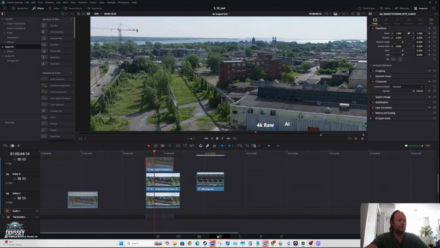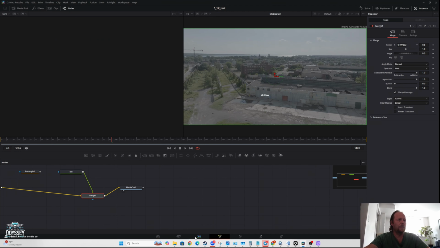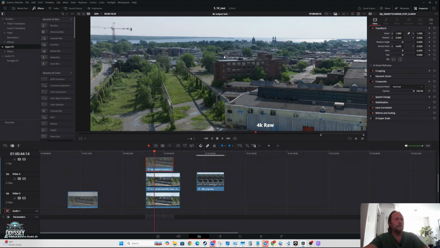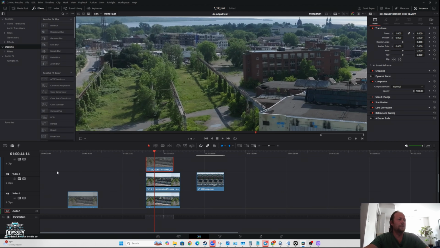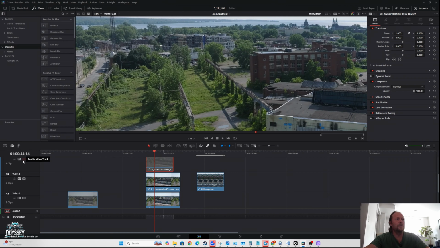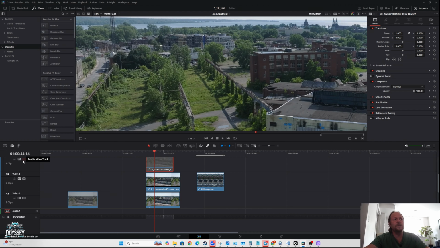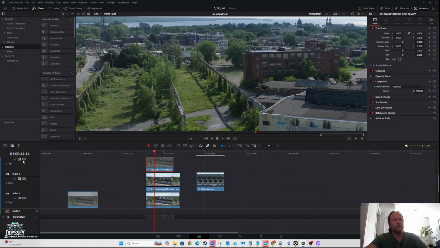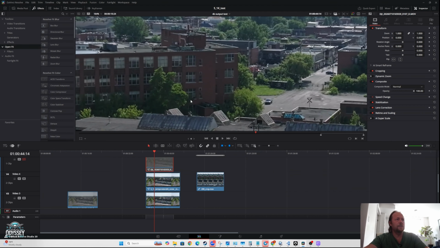Let me just remove the mask which I have over here. Yeah, so that's the C4K straight out of the drone, and this is our version with all the denoising plus sharpening. And if I will just zoom in and play to see the difference,